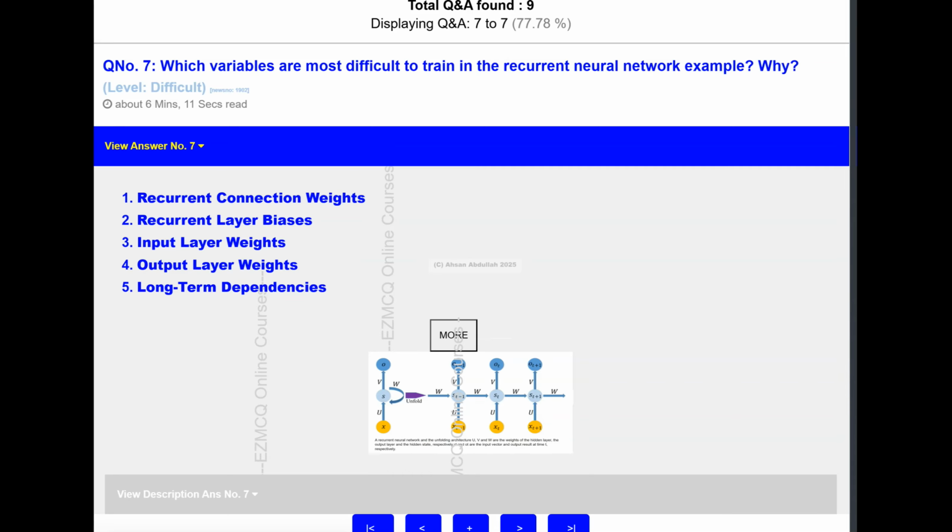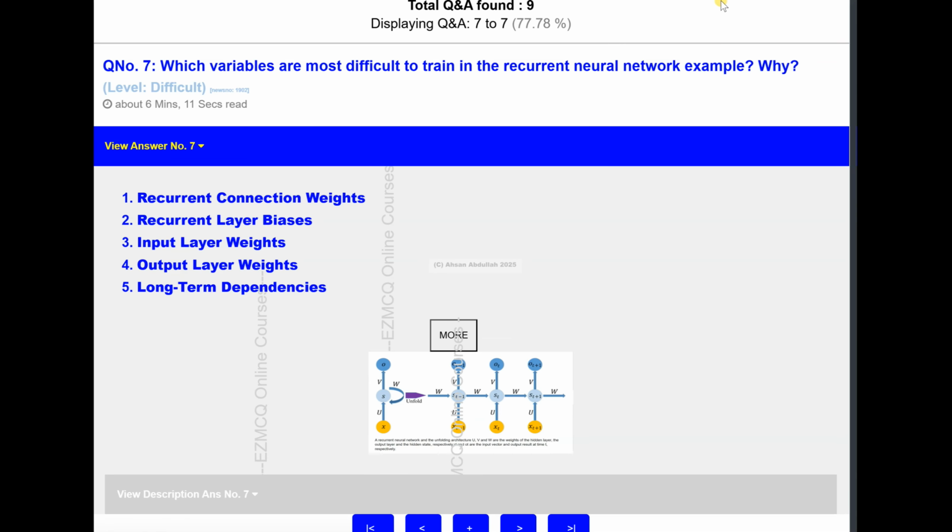Then of course are the bias terms in the recurrent layer. Although these bias terms are additive, they still suffer when the gradient flow is weak. And then their effect entangles with the weights. So it's a complicated problem. The input weights struggle when assigning credit across distant time steps, the reason being that the gradient signals get diluted through the recurrent chain. Now output weights are comparatively easier to train because their gradient paths are short and they are less affected or impacted by deep recurrence.